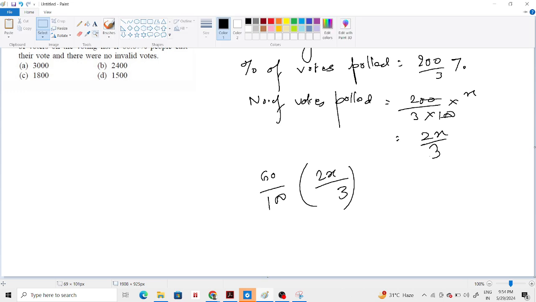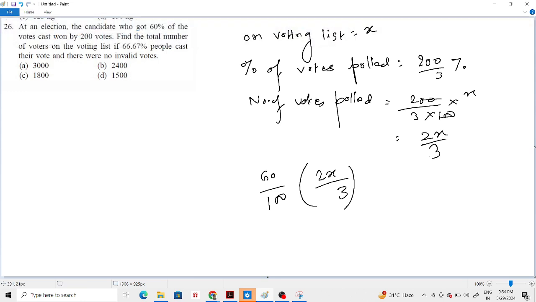So he won by 200 votes, means he got 200 votes more than the losing candidate, right? So the candidate who got 60% of the votes cast, minus 40%. 40% of the total number of votes is equal to 2x by 3. Now 2x by 3 I can easily take common, and this is quite easy,